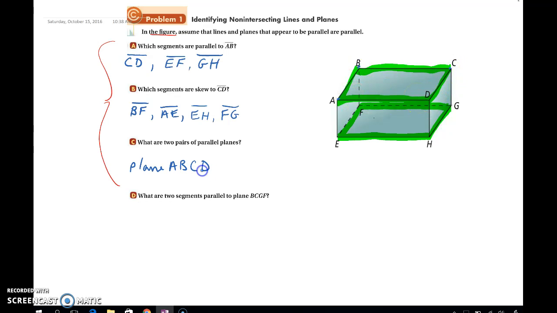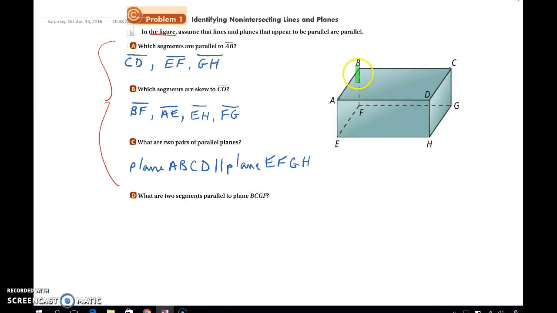So you can say plane ABCD is parallel, and then we said it was parallel to the bottom of the box. So we can say plane EFGH, or you could have said EFG. And then the other planes that are parallel are the sides of the box. We can say that this side of the box is parallel, will never touch or intersect with this side of the box, or we could have said the back and the front, either one. But then the way that we'll name this, we're going to name this with 3 letters this time, so we can then say plane